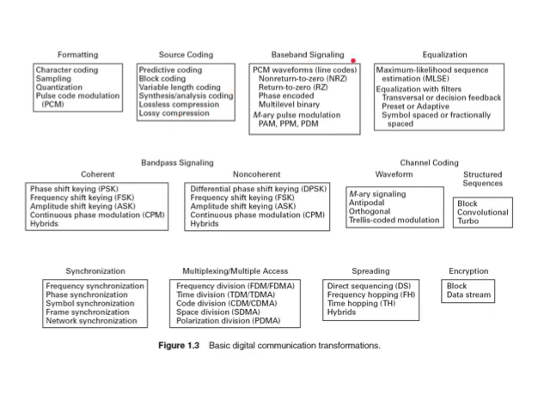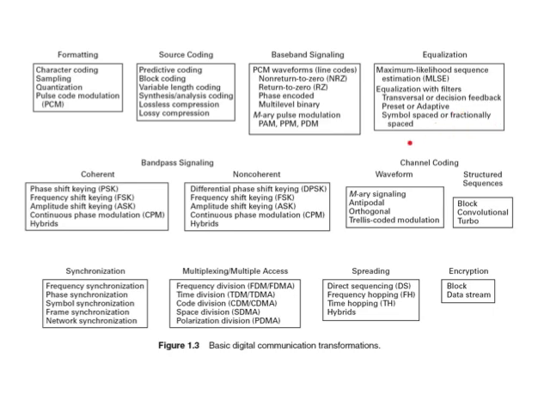Next, we have baseband signaling. In baseband signaling, we have PCM waveforms or line codes: non-return to zero code, return to zero code, phase encoded, multi-level binary, M-ary pulse modulation, PAM, PPM and PDM. Next, we have equalization. In equalization, we have maximum likelihood sequence estimation, MLSE, equalization with filters,